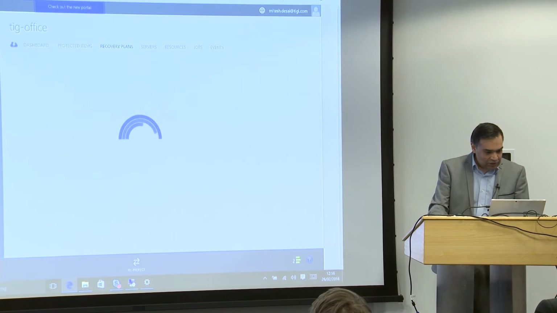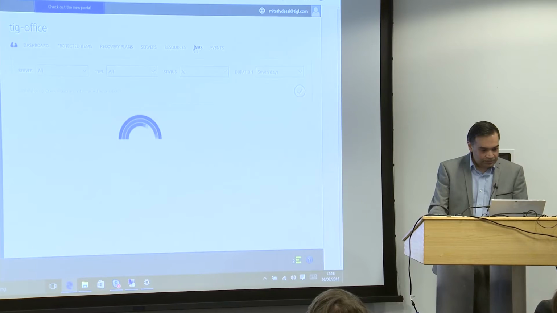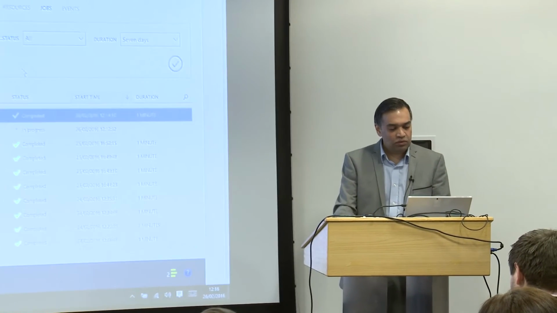So, just seeing what else I could quickly cover. It gives you a full progress view of what's going on. So this is the actual failover that it's doing. It's passed all the prerequisites, shut down the virtual machine, done any last changes, and now it's trying to bring up the machine in Azure. You can see here it's powered off the virtual machine TIG recovery on my on-prem, because we picked the option to power that down. This will probably take on average about 15 minutes, so we can come back to that one.